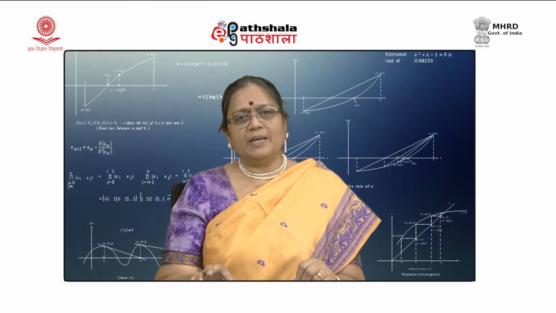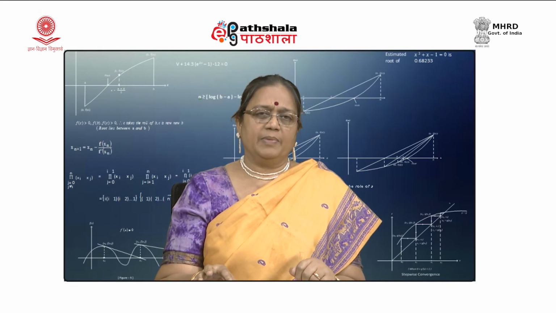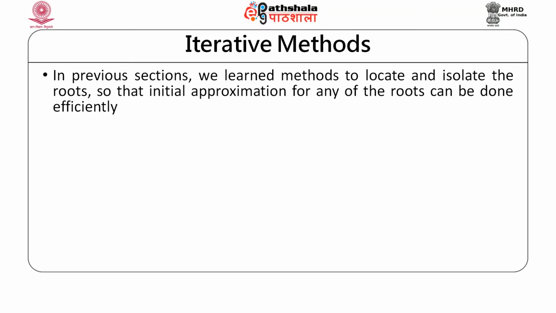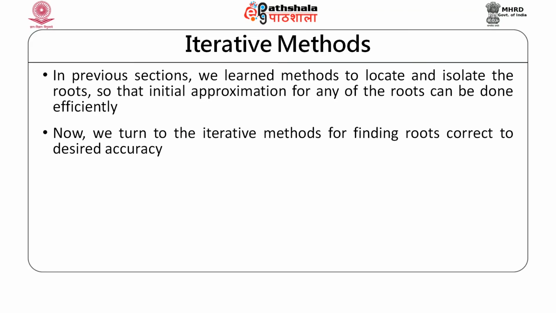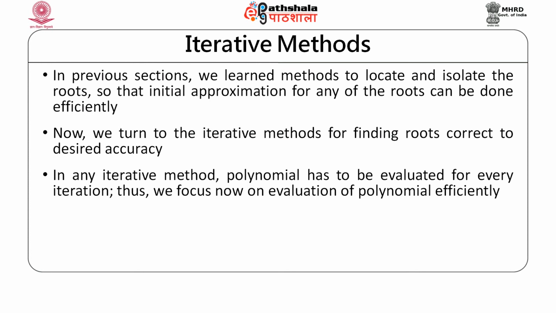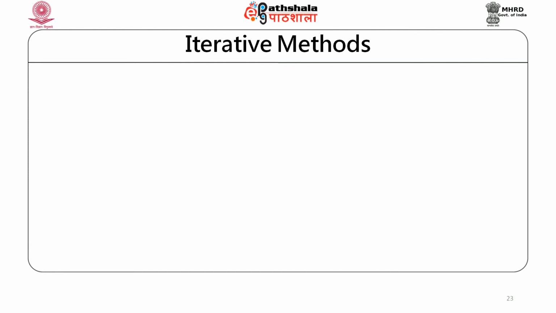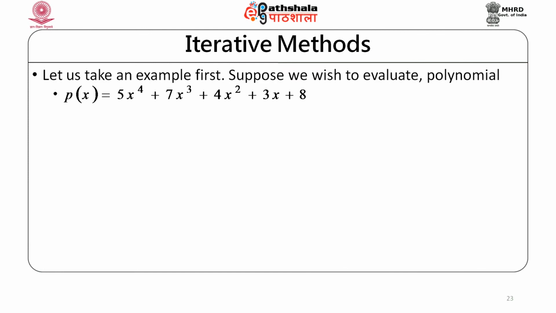There are many methods. We can take one iterative method, which is known as the Birge-Vieta method. This Birge-Vieta method is nothing but the Newton-Raphson method applied to polynomials. Now, what is the difference? It is just a question of implementation to make it more efficient. Computationally, we make it more efficient, with fewer arithmetic operations. So, let us take the Birge-Vieta method and see with an example how it becomes computationally